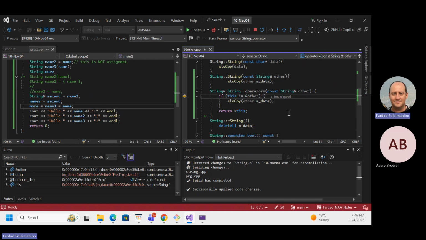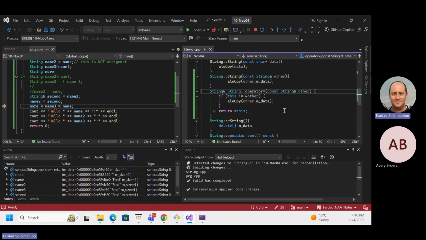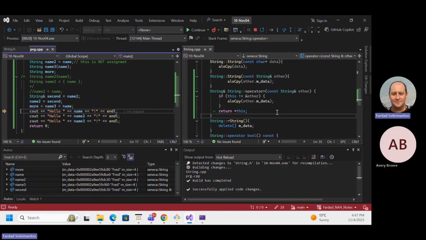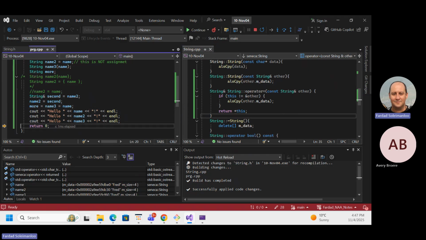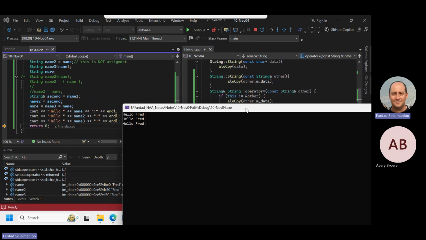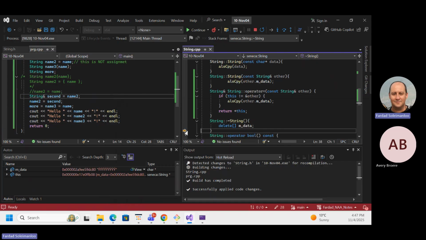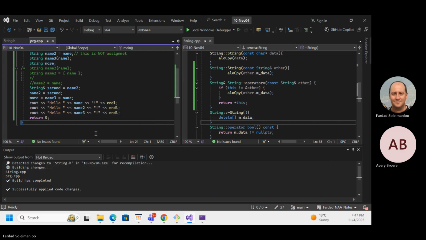Afterwards, the other one comes over here. It's not the same. Auto copy happens, goes out, and then goes to the next one. And now this is the one that is blank, right? So that happens too. And now we have 3 things in our hand, and they are all Fred over here. And when the destructor gets called, every single one of them is destroyed correctly with no problem, in reverse order.